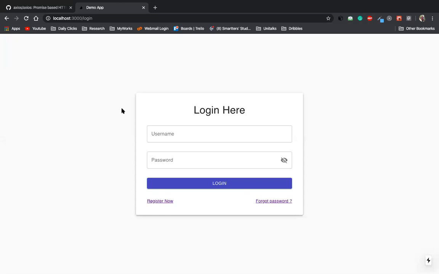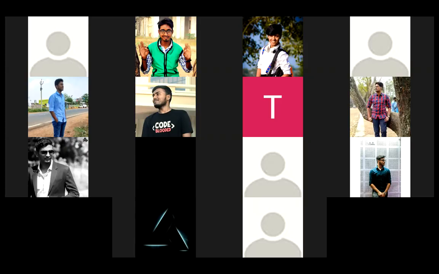So if we find the user ID, then the system will redirect the user to the dashboard page. Until the user is logged in, the local storage will not be created. Once the local storage is created, it means the user is already logged in. So for better understanding, let's go to the sketch part.